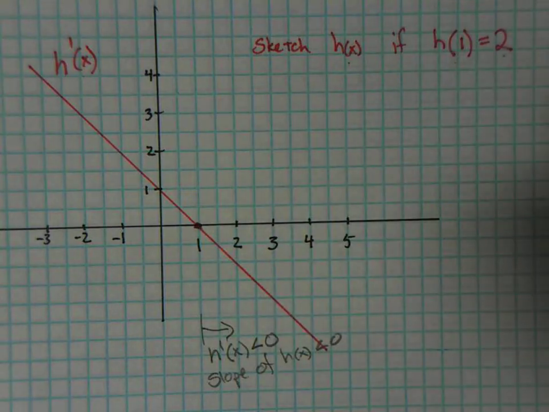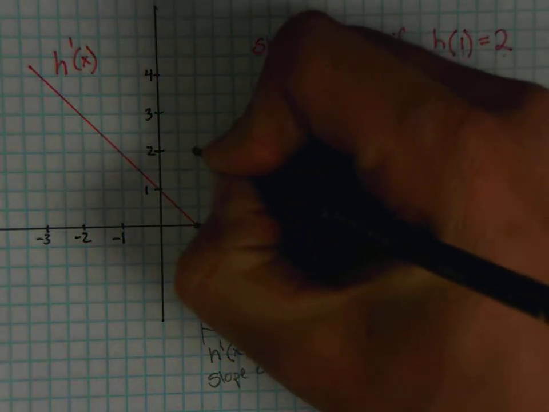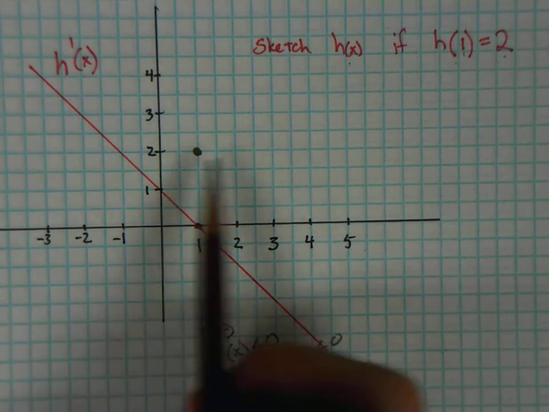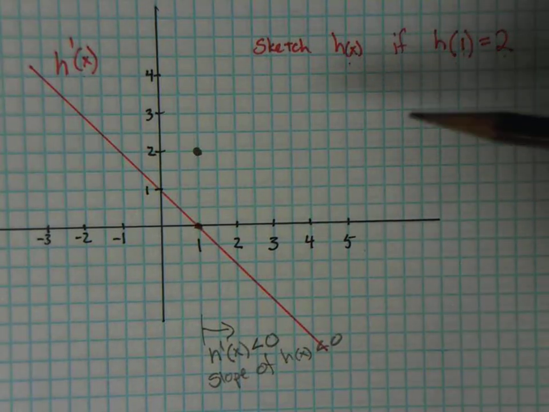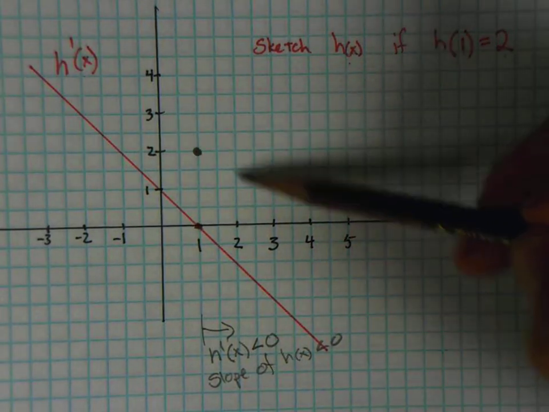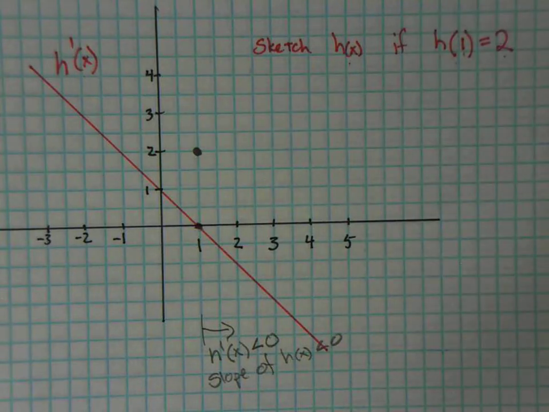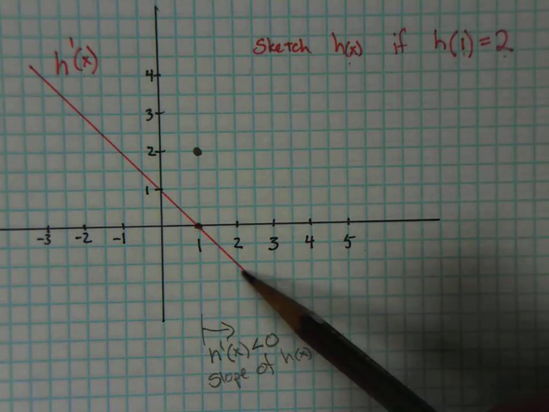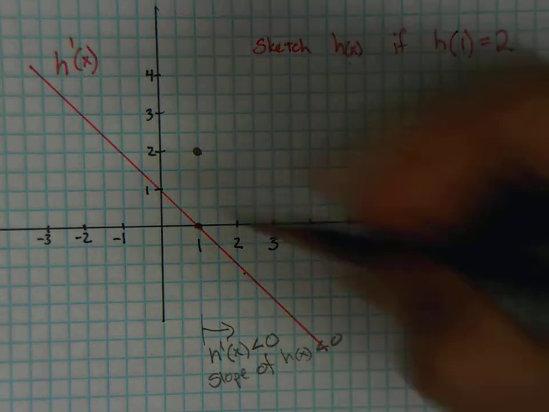So let's see if I can make a sketch of that. First I'm going to start off with a point 1, 2. And I'm imagining drawing a horizontal tangent, although that doesn't really help. So let's decide. Is h going to go down? Is h going to go up? Or is h going to go horizontal? Well, we already said, since h prime is below the x-axis, h prime is negative, and the slope of h is negative, so I'm going to